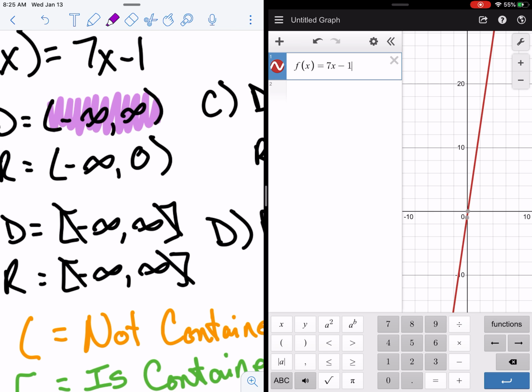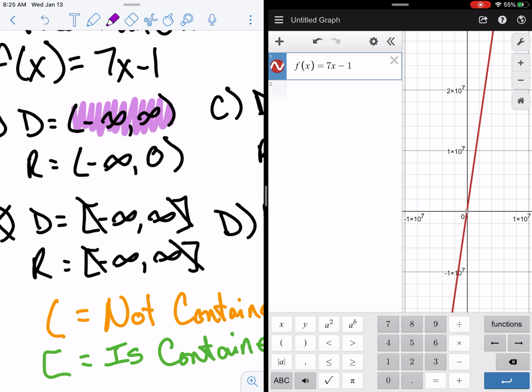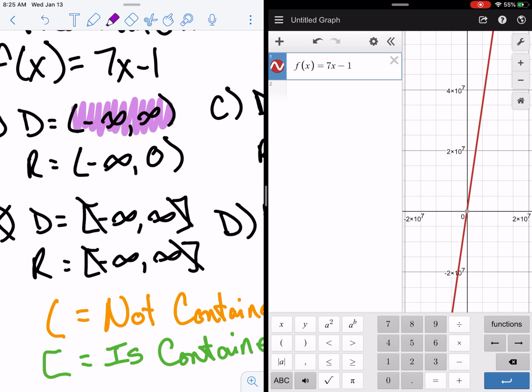It doesn't matter how far I zoom out, it just keeps on going. Now, if I want to evaluate this, -2 times 10 to the 7th power